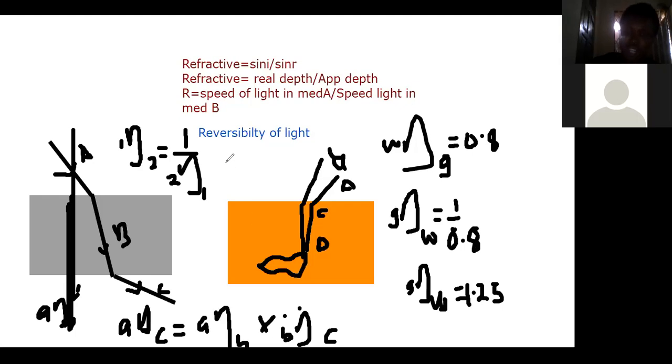But in terms of refractive index, when we are using angles too, we are going to say, considering medium A and medium B, that the refractive index of medium 1 times sine i, where sine i is the angle of incidence in medium 1,